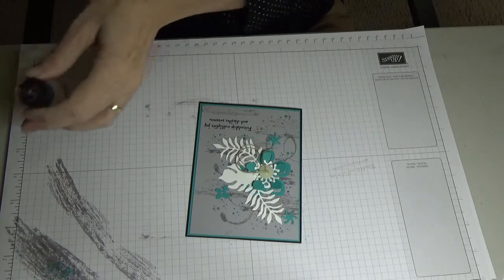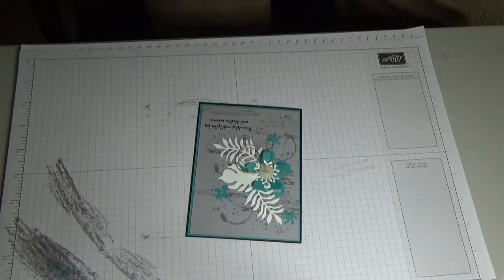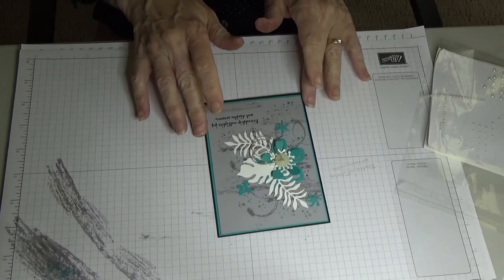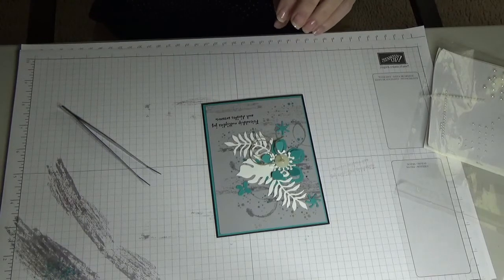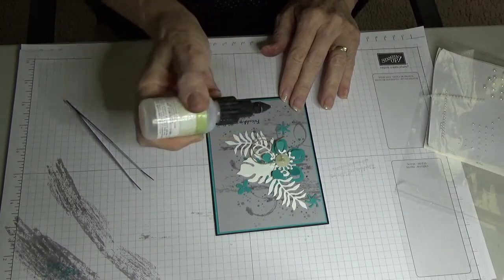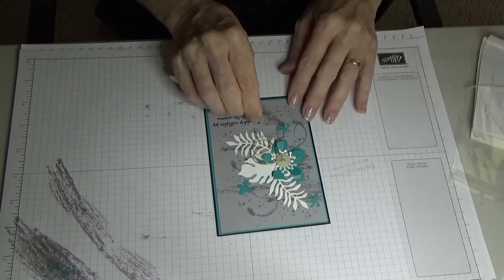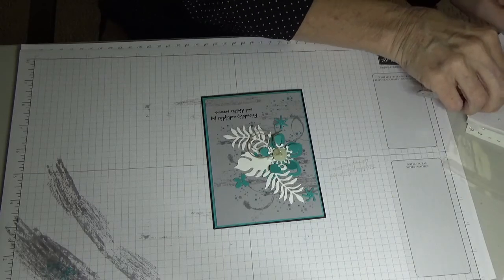Now, I thought I had my rhinestones in front of me, but I will just grab them very quickly. I do apologise for that. Usually very organised. And then I just need my tweezers and my fine tip glue, and I'm just going to put a little dab on the middle of each of those flowers, and you only need a very tiny dab, and we're just going to place, might need the next size up,